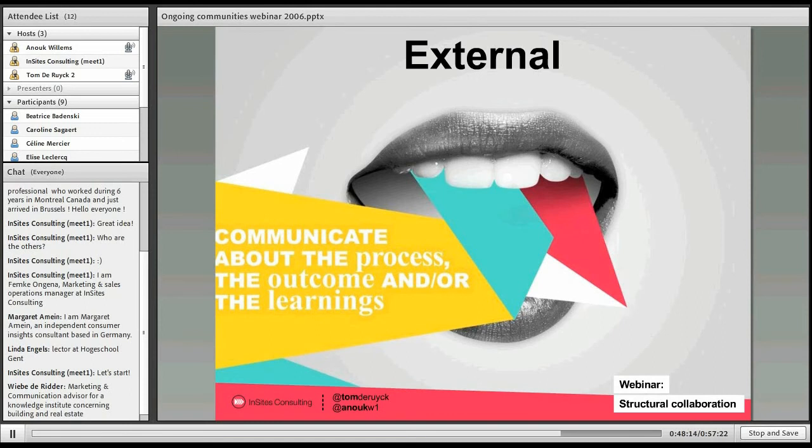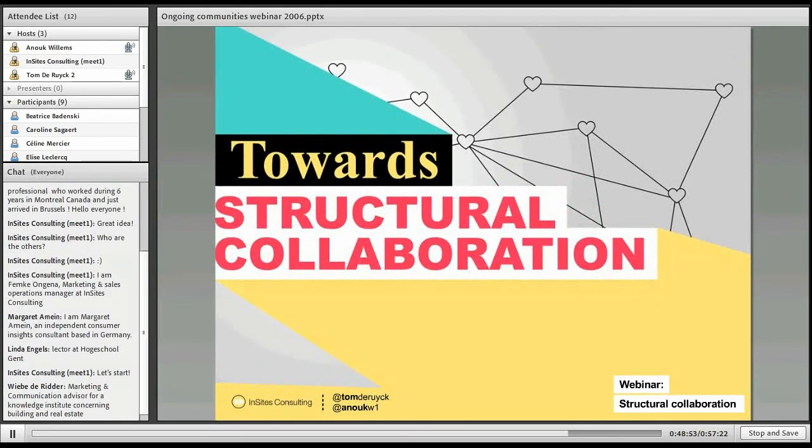So we now know what communities are, what the power of communities can be. We know how to make a start and what the things are that you need to take into account when doing your pilot project. That it's important to have great communication both internally and externally to have the maximal impact, and that also based on that impact you need to define your KPIs that you need to measure and to celebrate your success afterwards. And look how to move from here after that pilot project, how to move towards that big end goal, structural collaboration. Yes, after the pilot project has run and you've celebrated your success, how do you move to structural collaboration?